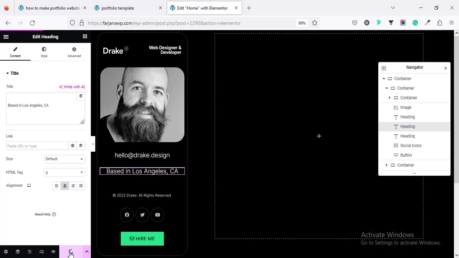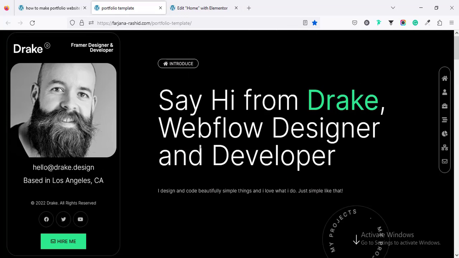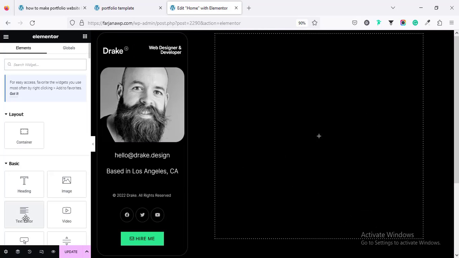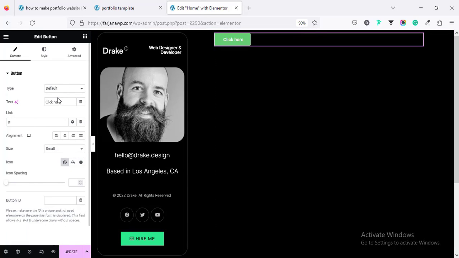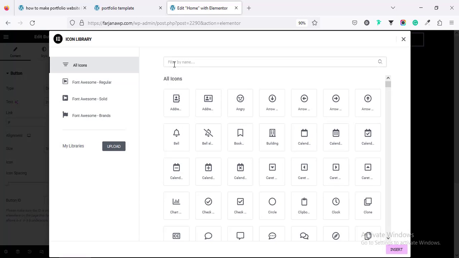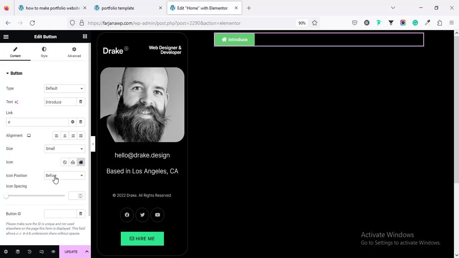Now saving our page. Now going to the right side, here if I check this website, here is a button. This is basically the section title, so I'm going to create this one first. I'm taking a button and changing the button text to introduce, adding an icon. So I'm going to add an icon, home, icon position before, and then going to style tab,